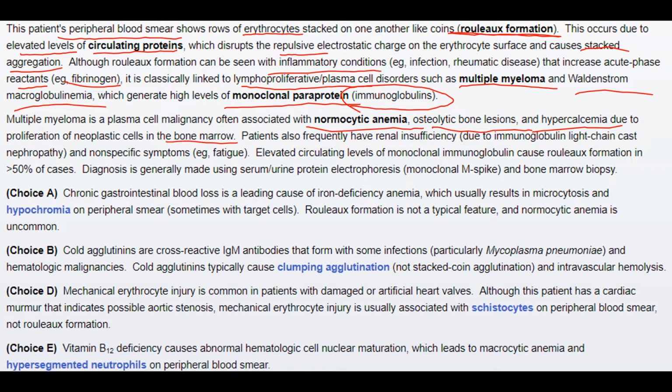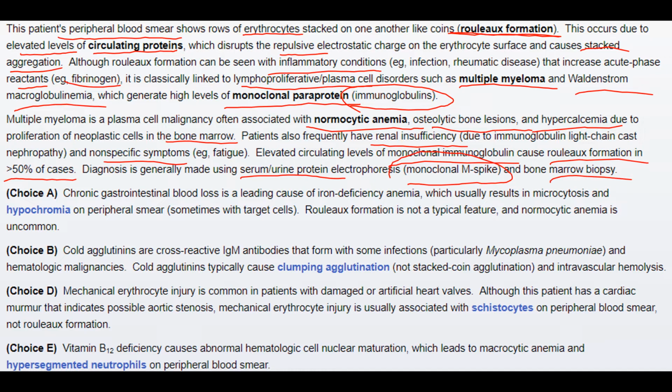Patients also frequently have renal insufficiency due to immunoglobulin light chain cast nephropathy and non-specific symptoms like fatigue. Elevated circulating levels of monoclonal immunoglobulin cause rouleaux formation in greater than 50% of cases. Diagnosis is generally made using serum or urine protein electrophoresis, where we can see a monoclonal M spike, and bone marrow